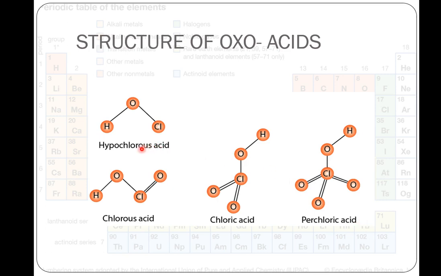These are the structures of oxo acids. Hypochlorous acid is like this, HOCl, or there may be any halogen attached here. Then HClO2, you can see, it is this type of structure. Cl can be replaced. Then HClO3, the structure is like this. Here also in place of Cl there can be Br or I also, and this is HClO4. So these are the structures of oxo acids.